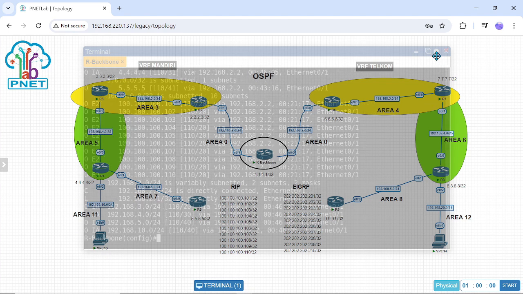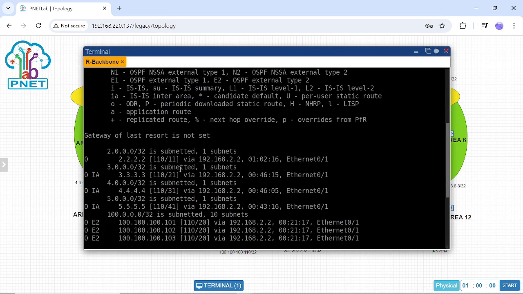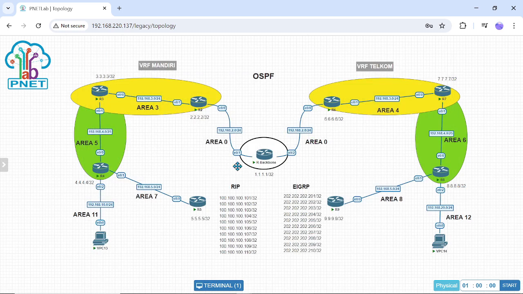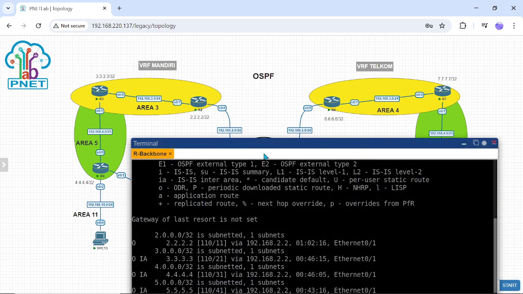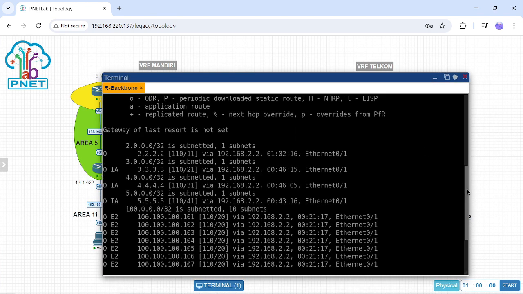In this router, the IP routing table for VRF Mandiri has many entries because I have configured RIP and connected all of these devices. If I ping from the PC to router 2, it can connect.